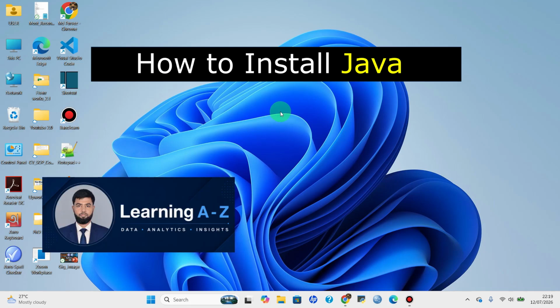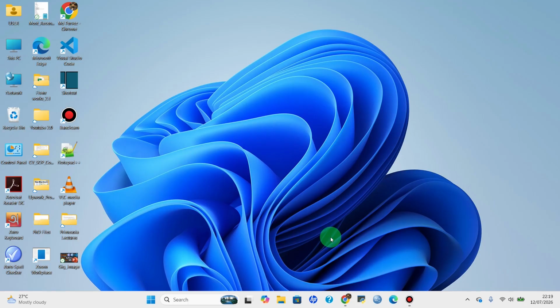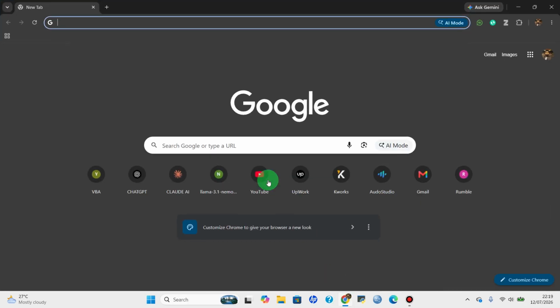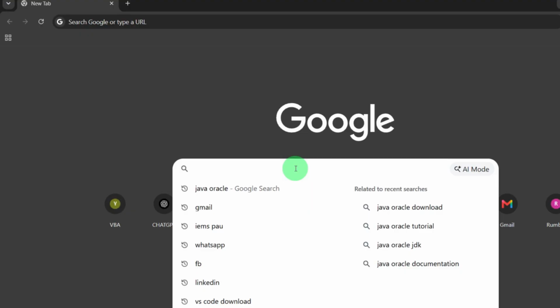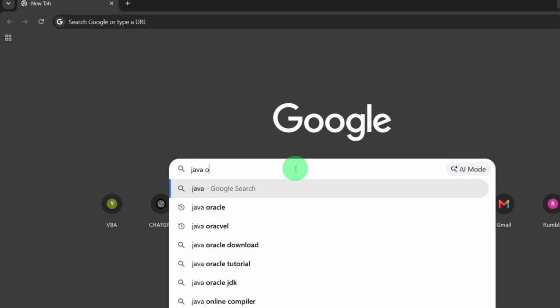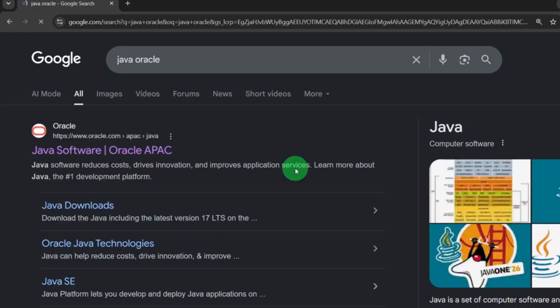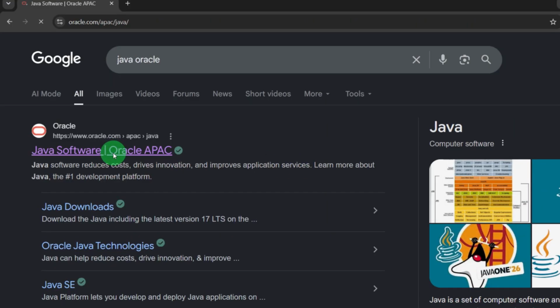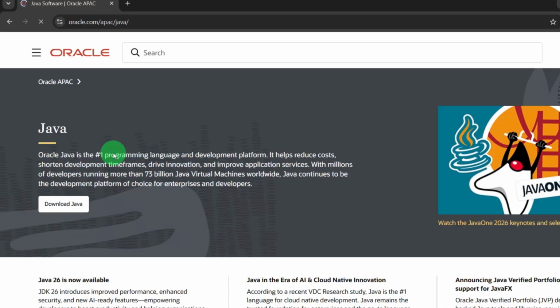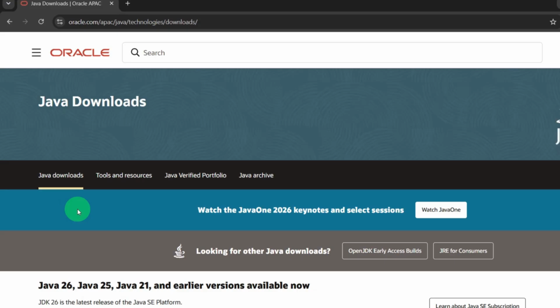Today we'll be seeing how to install the Java programming language in Windows 11. So we will open our browser and type Java Oracle, and we will select the first website link from here, and we will click on download Java, and this will